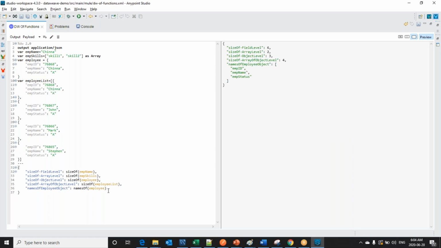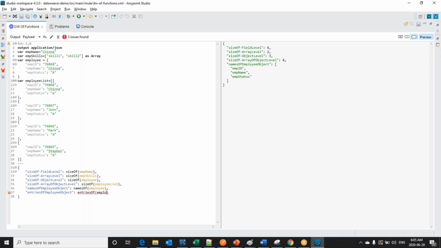In a similar way, to get entries of employee object, we can write entries of function on employee.